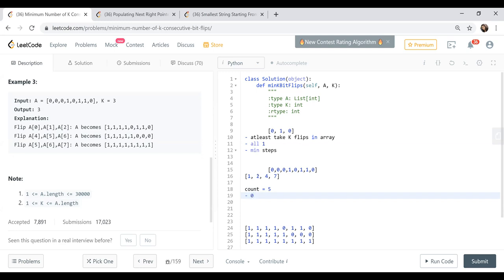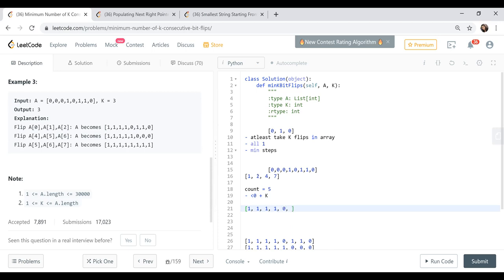So whatever index we got, like 0 index, we need to go till 0 plus k and make them 1, 1, 1. Like the first 3, then 1, 1, 1, and the remaining 1, 0, 1, 0,